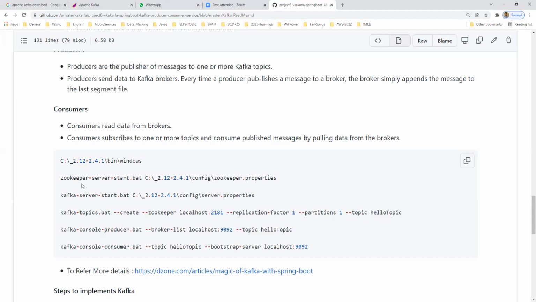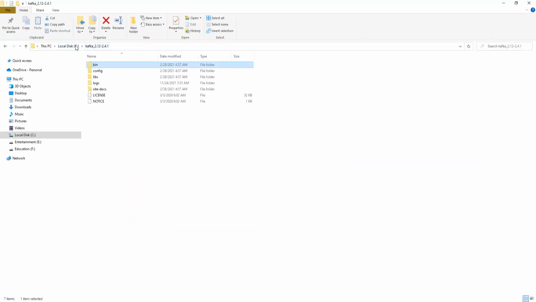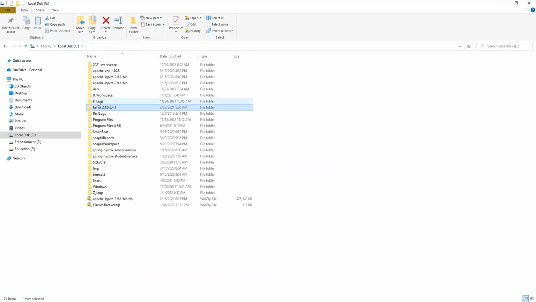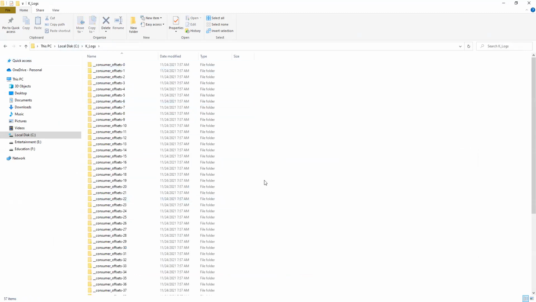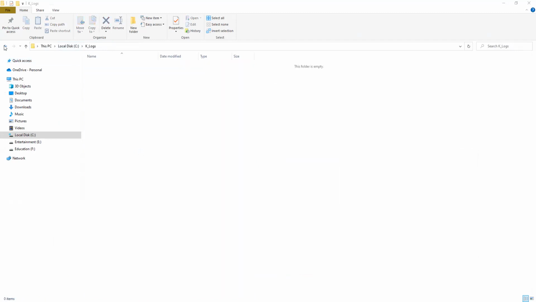Meanwhile, the Kafka server internally keeps logs. In my C drive, I have K logs and Z logs directories. Let me open K logs. This is the Kafka logs. Let me delete whatever I ran previously, so this is empty now.